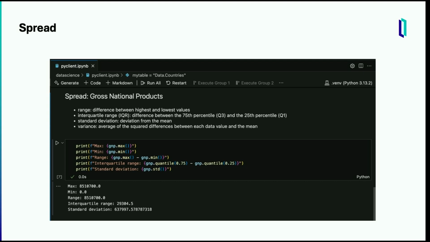Okay, so, and we get some measures. So let's look at those measures of spread. So the range is huge. I can't read either one. The range is more than 8 million. I mean, the max is more than 8 million, the min is 0, so the range is more than 8 million, but the interquartile range is only